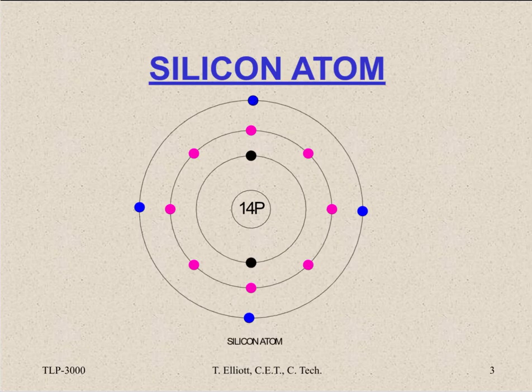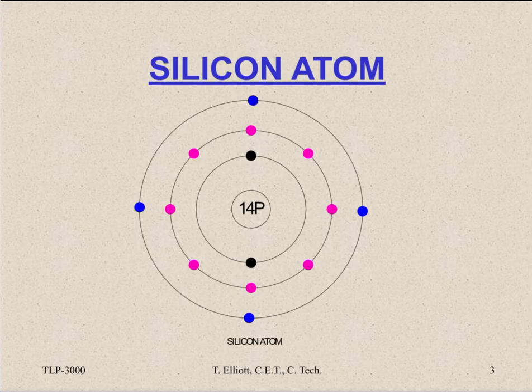But anyway, for the silicon atom, we have the nucleus, and inside the nucleus we have 14 protons, and we have 1, 2, 3 orbital shells. Each one of those orbital shells contains a specific number of electrons, and in the outer shell, a silicon atom has 4 electrons,